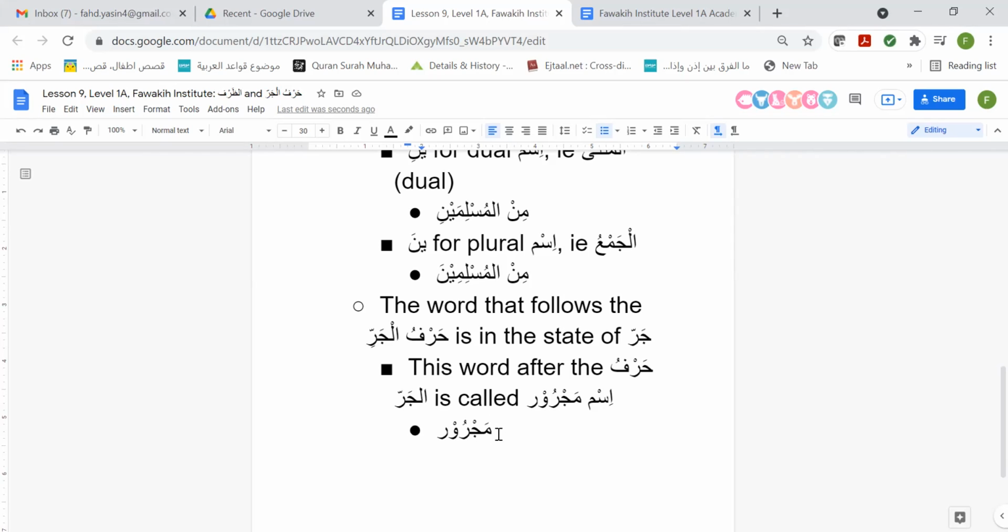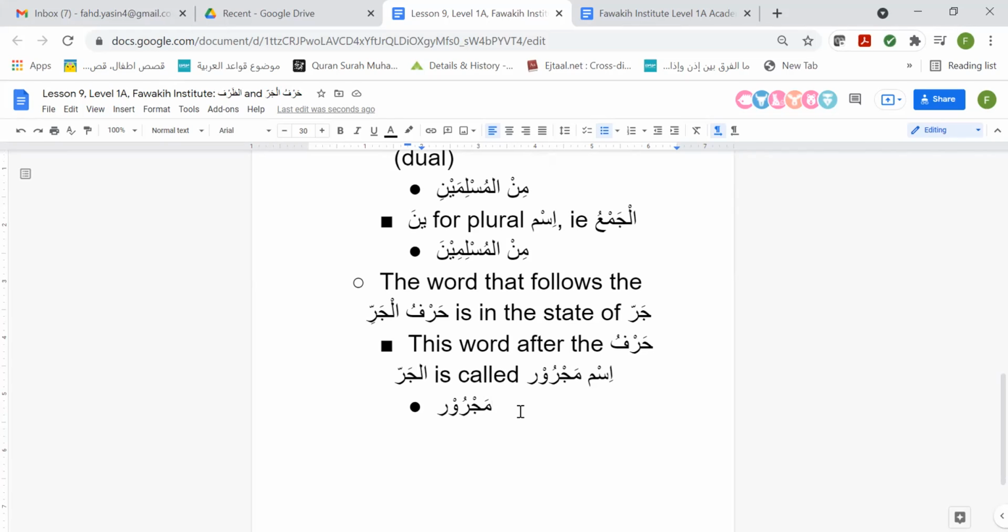I'm sure that didn't make any sense to you guys. Don't worry about that right now. I'm just trying to explain that you will see eventually, maybe in level 2, maybe even in level 1, they will go through the different form patterns, I guess is what they would call it in English. And you'll start to see that this word falls into this pattern. This pattern is called maf'ul. In other words, it takes the action of whatever is happening upon it. That's a really complicated, intangible way of saying the following. Majroor just means that the word is in the state of, or it's just a case ending of jarr.